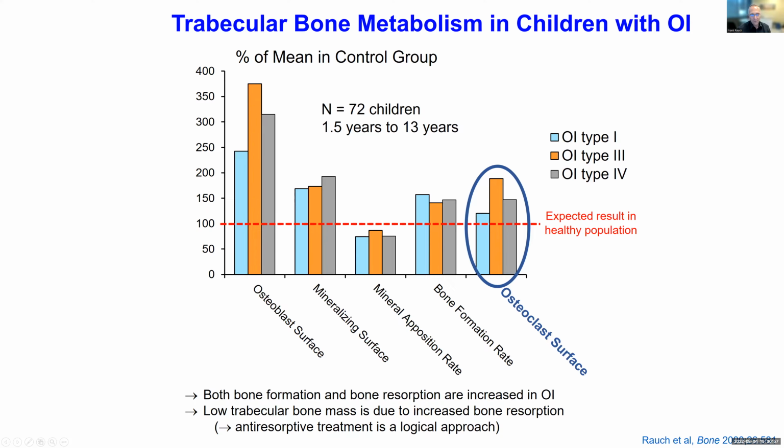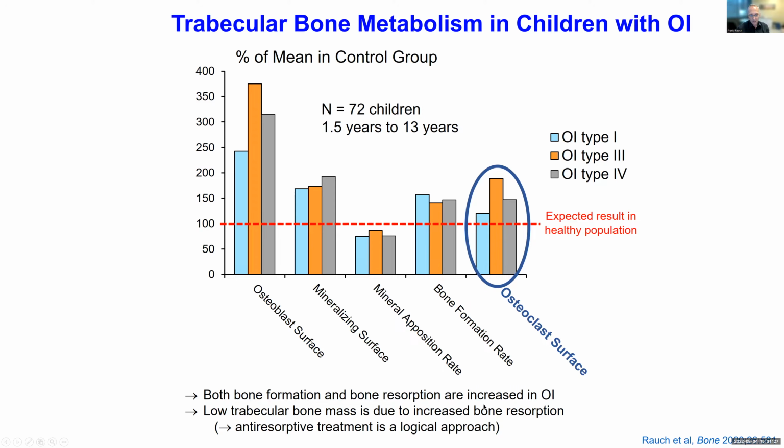You also have a more mineralizing surface. So when you look at the bone, you see a lot of tetracycline labeling. The distance between the tetracycline label is decreased, but the bone formation rate is still on the high side in OI typically. And you also have an increase in the number of osteoclasts. So that's like the average result in osteogenesis imperfecta, where you have an increase in both bone formation and